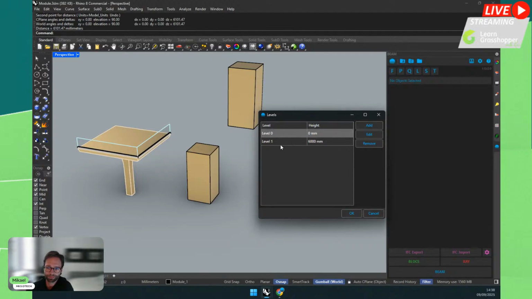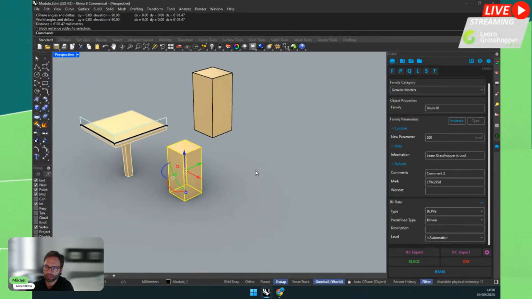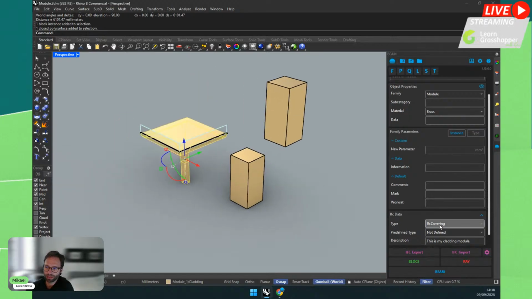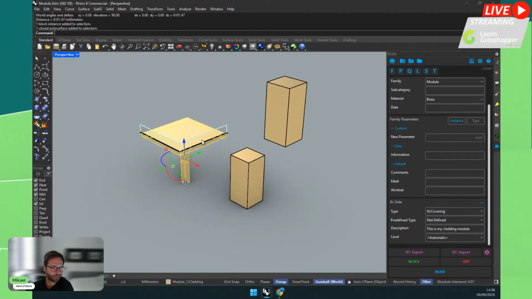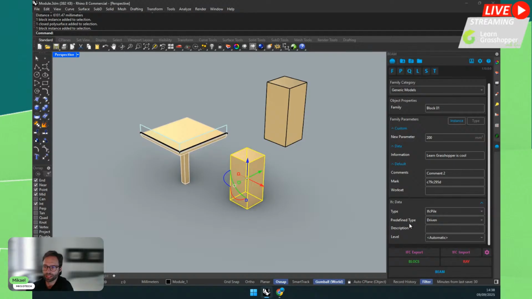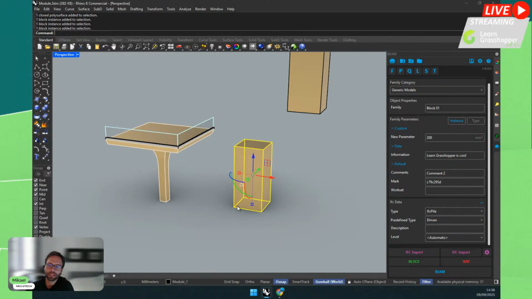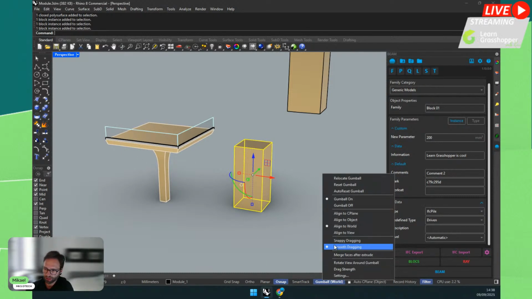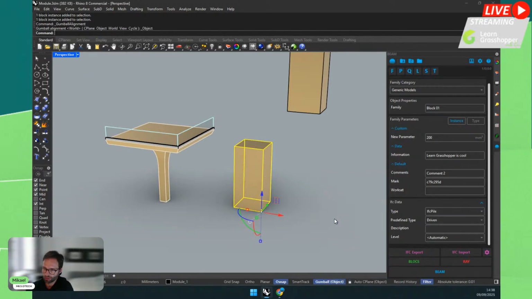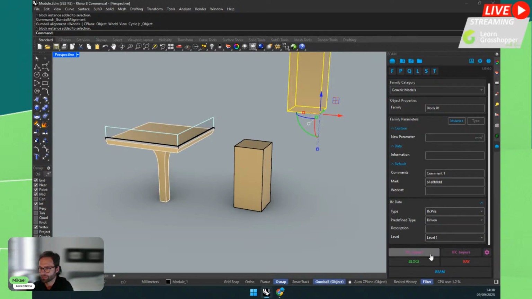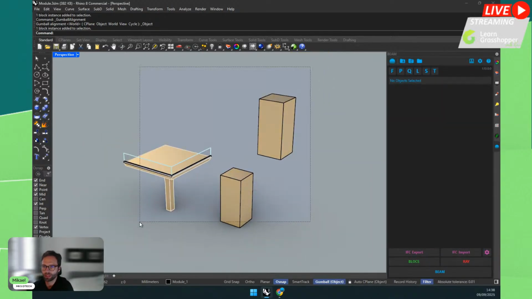Okay, so now I have two levels. And when I click on an object, so if it's a loose geometry, we also have this, and so the level will be associated with the family, but also blocks. Each instance will have its own level assignment. So if I keep it as automatic, the bounding box of the geometry or the insertion point of the block, which I can change here to align to object. Okay, so this insertion point of the block will be used to find the closest level below automatically. But we can also override it and say this is level 0 and then this is level 1. Perfect. Okay, so now once this is done, we can just select everything.